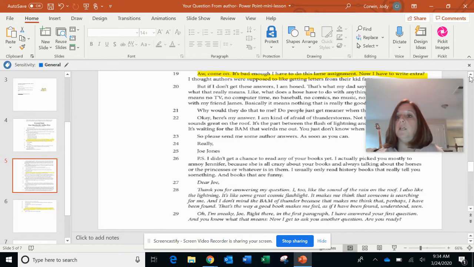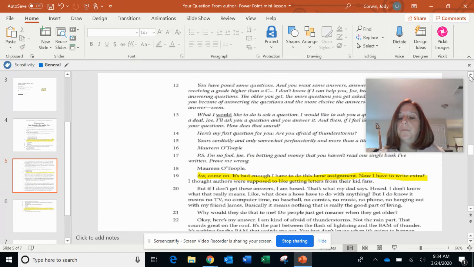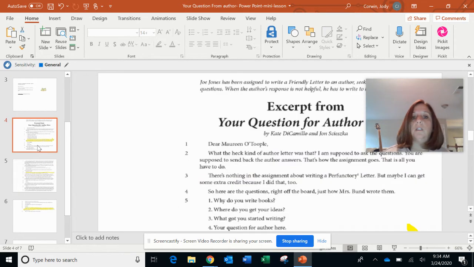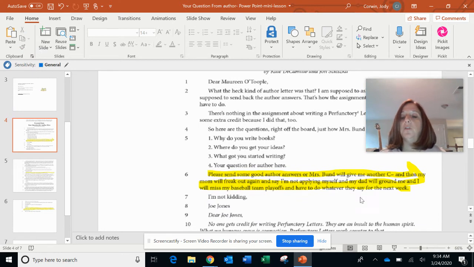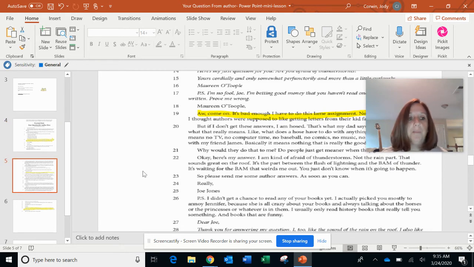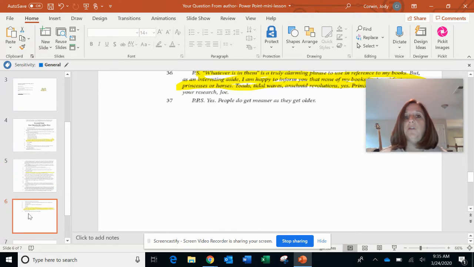Okay. Then, let's see. Okay, here is the beginning where it says, "Please send some good author answers or Miss Bunn will give me a C." So that's the part where he's complaining and really more concerned about just getting something done to get a good grade. And then here's the part where he's complaining some more. And then I go down here